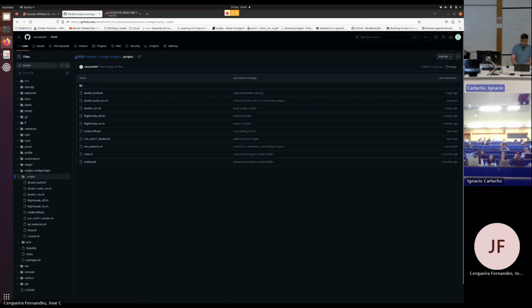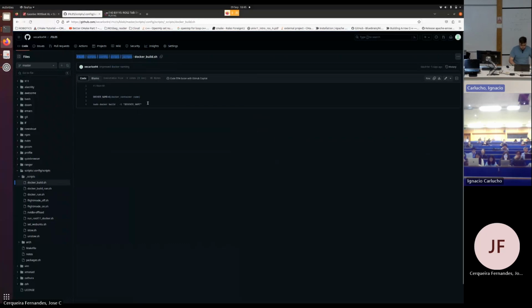So in reality, if you git clone, or if you fork, you should fork my dot files into .config, then you can go to your bash RC. This is recorded, so you can then do it. So if you git clone this inside your .config, and if you export this folder, that is underscore scripts. Sorry, I don't know why I named it that, but you can do that. So if I now go to Docker build,